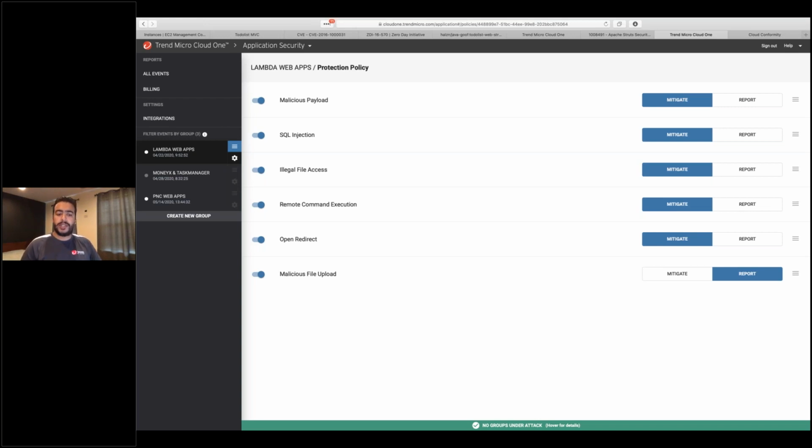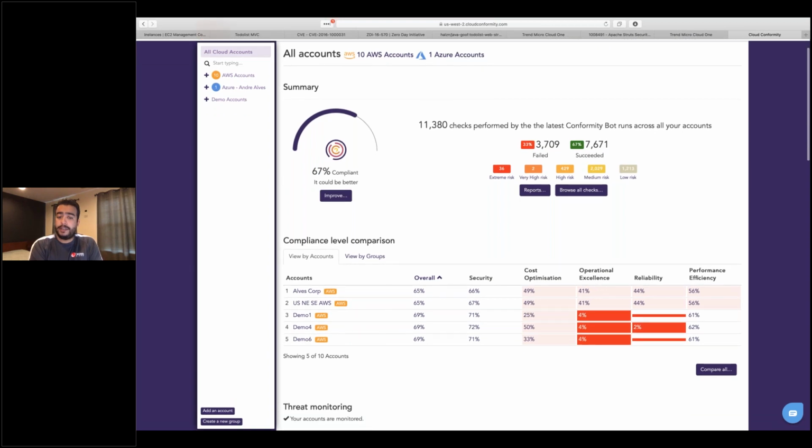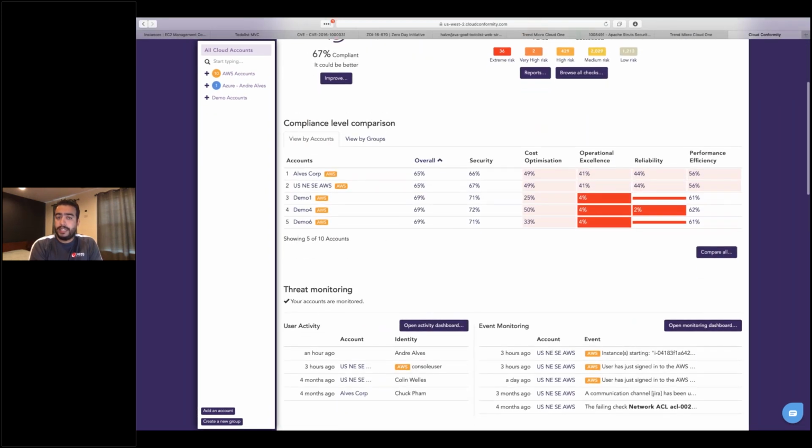What about the cloud services that I'm using to run my application on, right? So what about the configurations of my Amazon services? We also can give you visibility about possible misconfigurations in your cloud services. You're seeing here that I have Azure and AWS accounts connected to Conformity. Conformity is there to give you a view over cloud service configurations, so that you can have a more holistic approach